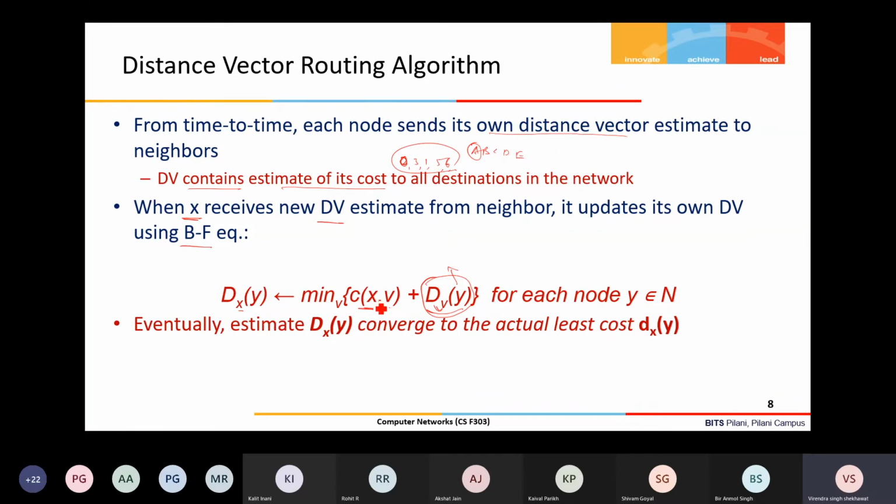There is a direct link, so the cost from X to V is there, and V to Y is coming here. So I will just add these two.